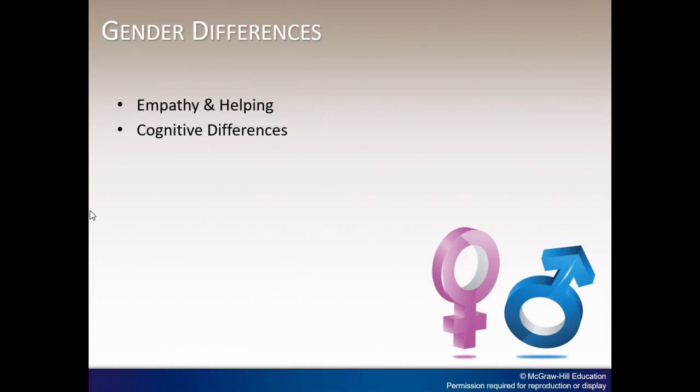Empathy is a person's feeling of oneness with the emotional state of another. Women report themselves as more empathetic than men. The theory of mind may suggest where these differences in empathy develop. Generally, women are more helpful than men when doing so does not involve a risk to their personal safety.